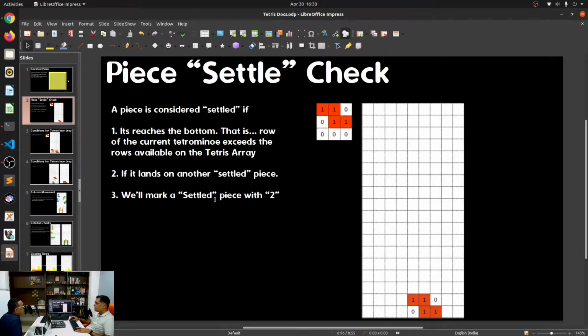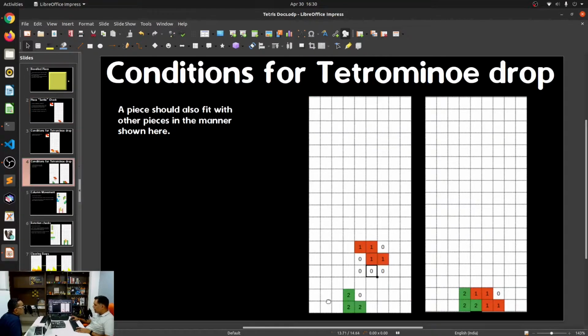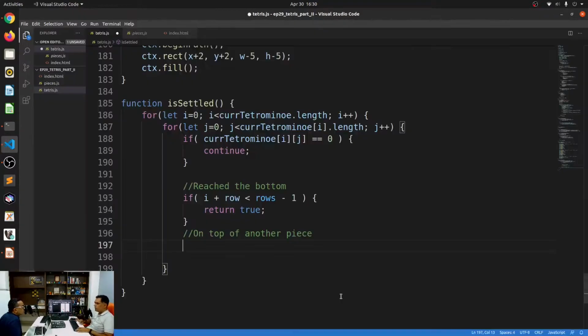We'll mark a settled piece with 2. So if there is already a 2 over here, and I bring this 1 on top of this, what would be the total? 3. If the sum of this one cell plus the current tetromino that you're falling into is 3, then I know that you have settled. That's the intention I have.